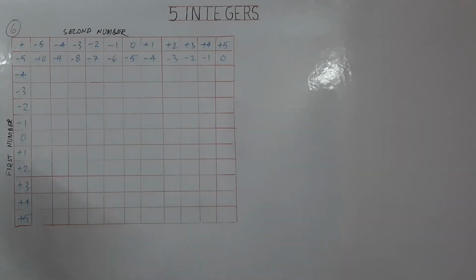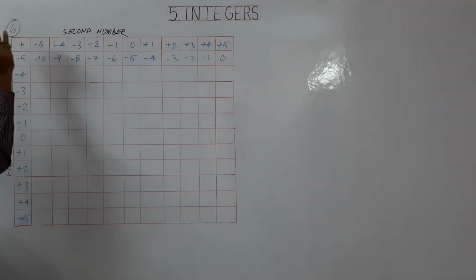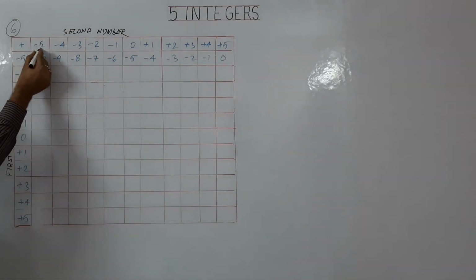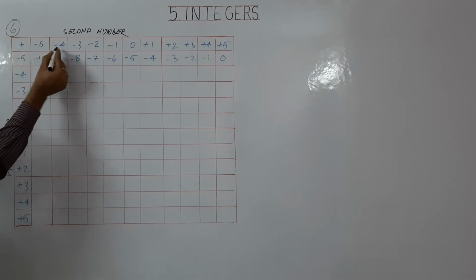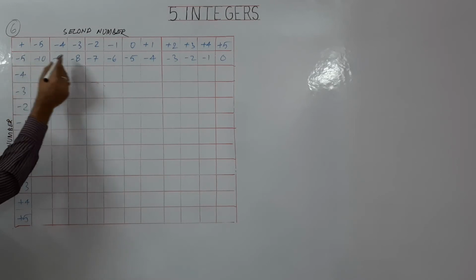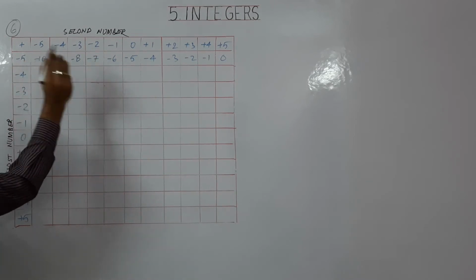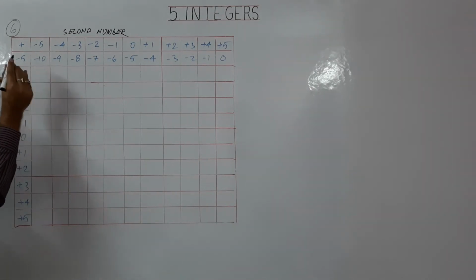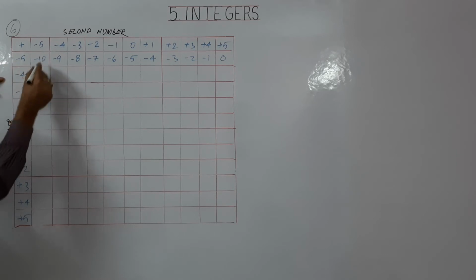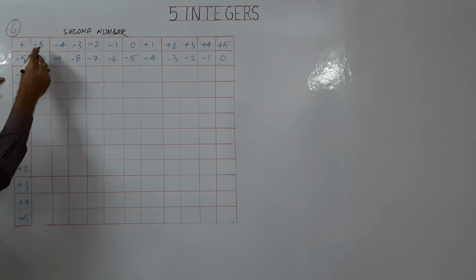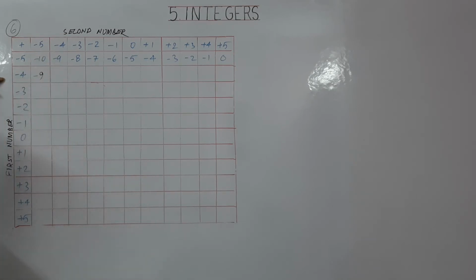Next, question number 6. Complete the following addition table. So in this table, plus means we have to add these numbers. So in the first row, if you can see, minus 5 minus 5 is minus 10. Similarly, minus 4 minus 5 is minus 9, and so on. Minus 3 minus 5 is minus 8. Minus 2 minus 5 is minus 7. And we have to complete this table. Now for this box, value is minus 5 vertically from this column and minus 4. So we have to add minus 5 and minus 4. The value is minus 9.